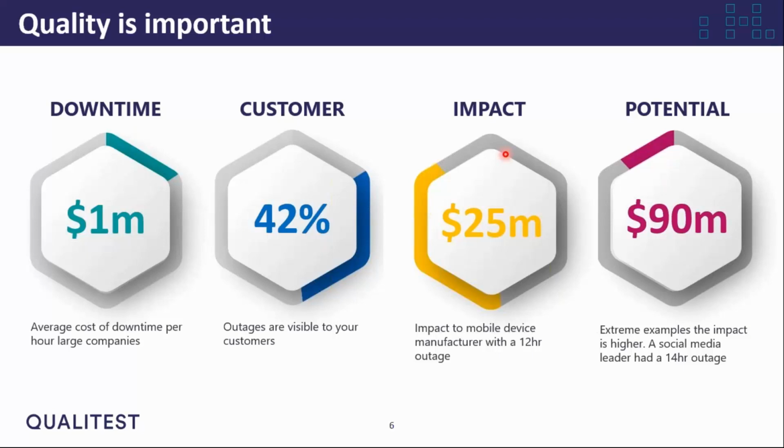We want to be testing. Testing is about quality, and if quality goes wrong, then things very quickly come back round to point at the test team, and for very good reason. We know that the cost of business downtime is huge. It's estimated that's typically around $1 million per hour in large organizations. In today's world, any kind of outage is quite often visible to your customers. Even something that was perceived as back office once upon a time still has consequences that impact the front office.